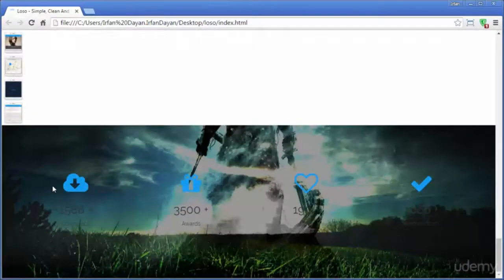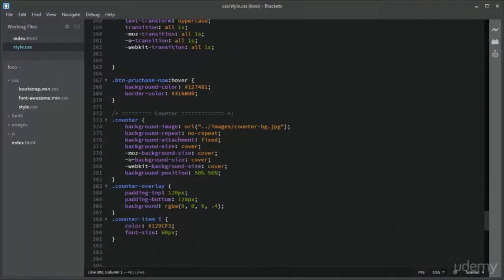Okay, now we have got the desired icon color. Moving forward, we need to add